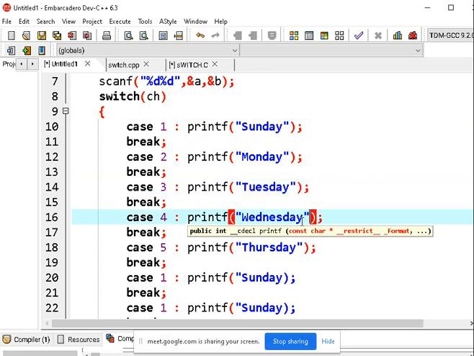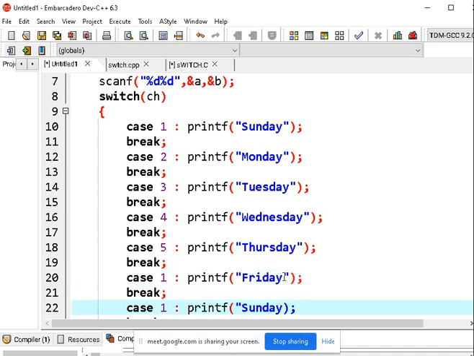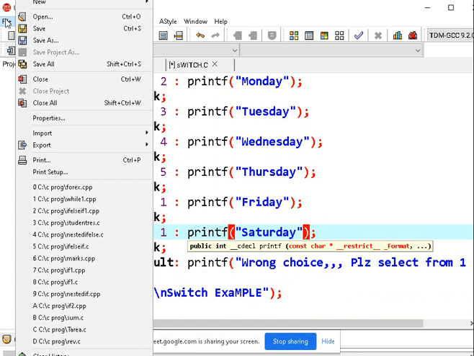Wednesday, Thursday. Next here this will be Friday, and last Saturday. So based on the number I have entered, it will execute. So first I am going with save.